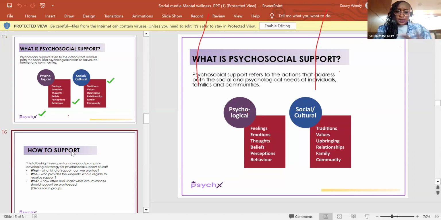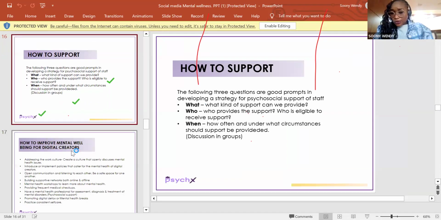So when you're looking at support, also ask what kind of support does a person need? Who is supposed to provide this support? When do you get this support? Of course, when a person comes to you, or even when it comes to you yourself, when you're evaluating, you've already assessed, you've already seen you have some mental health issues, you have some stress here and there. Ask yourself, what support do I need? Who can help me get this support? Start looking around. If you need to consult psychologists, you need to talk to your friends, you need to talk to your parents. Sometimes you may need to even just go and show up in those rooms